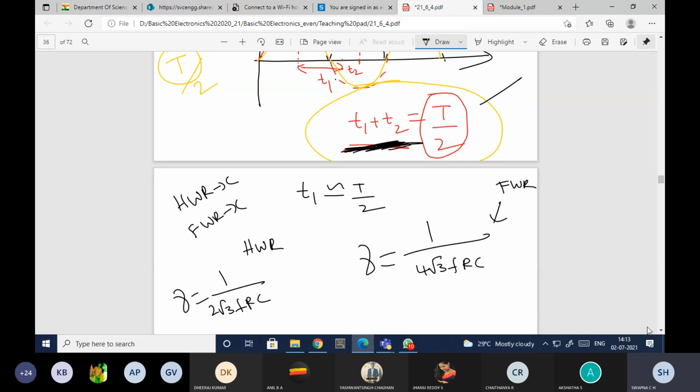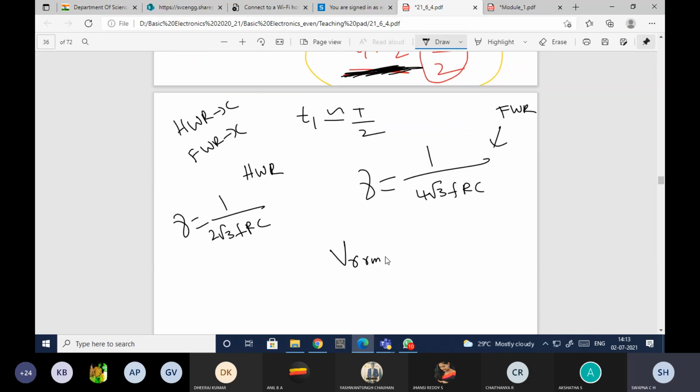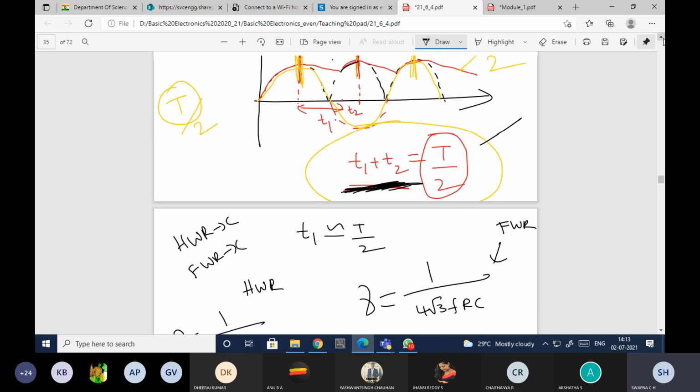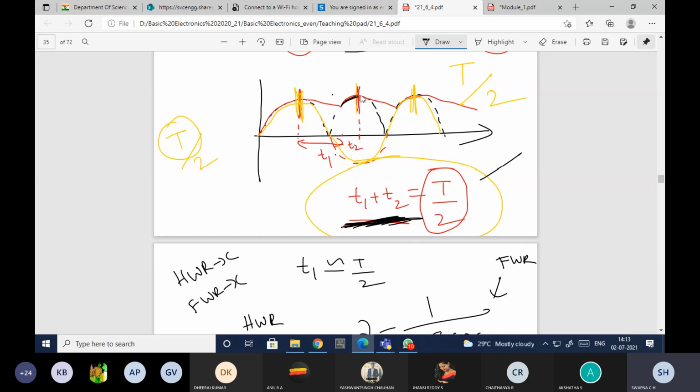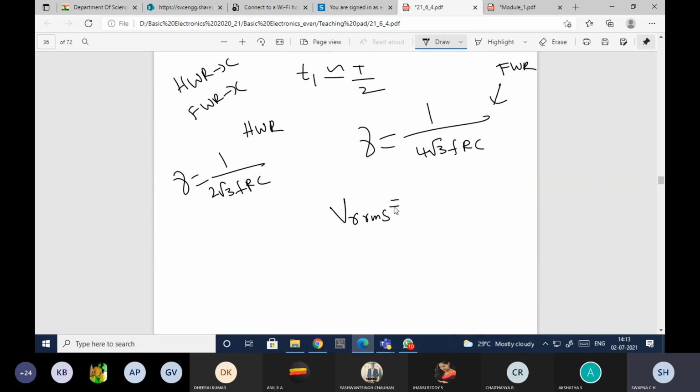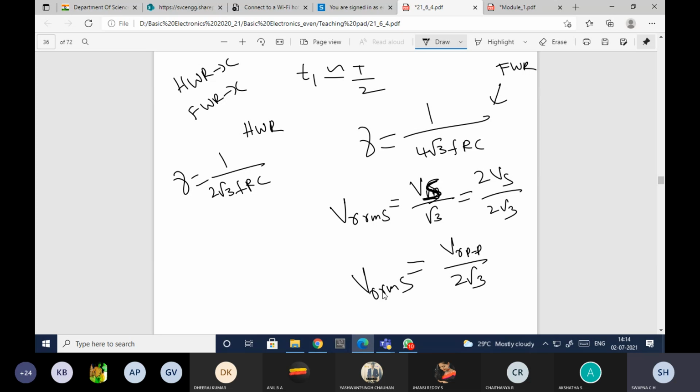I'll give you one more hint also. Your ripple voltage Vr rms, still this will be like the sawtooth waveform only. Because we are neglecting this one, it is almost zero, so this is nothing but a triangular signal. For any triangular signal, the Vr rms value will always be equal to Vm by root 3 or Vs by root 3, anything you take. So Vr peak to peak divided by 2 root 3 is the Vr rms. This I am giving you. You have to just find the Vr peak to peak equation and the VDC equation.